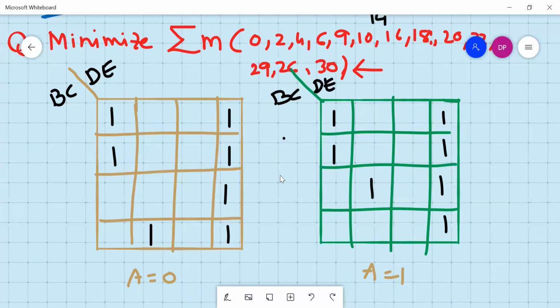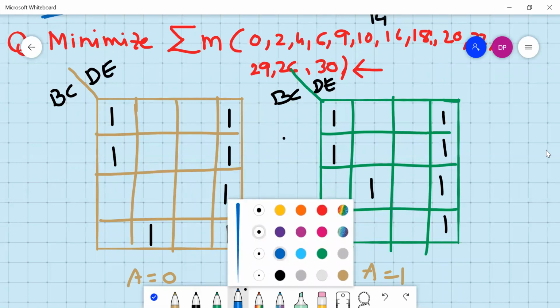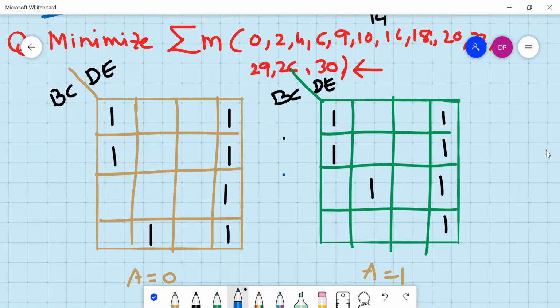How to make a group? So see, you can put this, logically you think, put this green color K map, 4-variable K map on top over this brown one, right? So what are the terms common here? You can see the common terms will be,